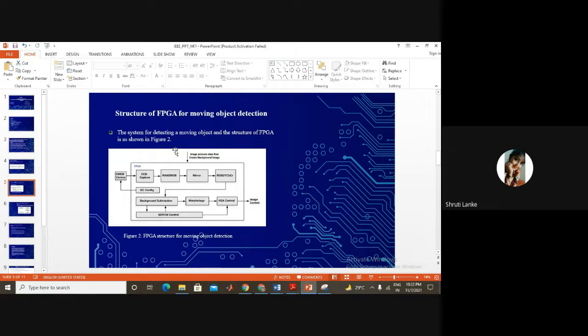Due to the simple hardware architecture of the FPGA, both background subtraction and morphology are compatible and can be easily parallelized to provide more than one pixel per cycle. This provides an advantage for parallel computation, since it mainly depends upon the line buffer that provides multiple pixels per cycle. Next slide please.